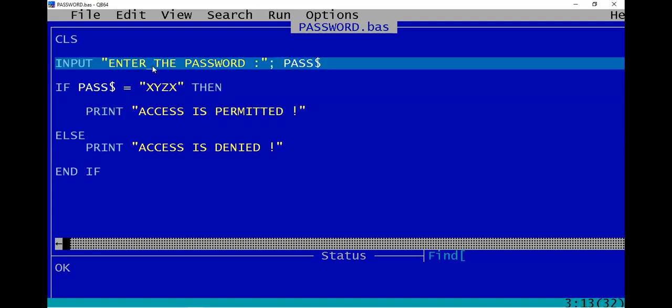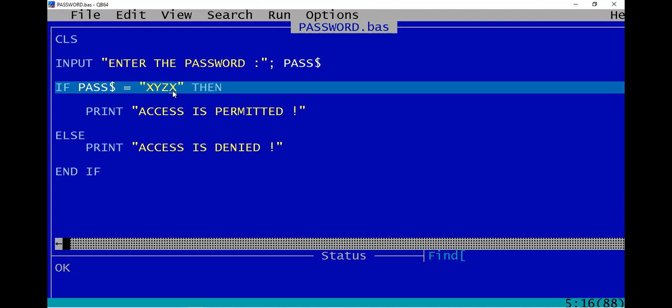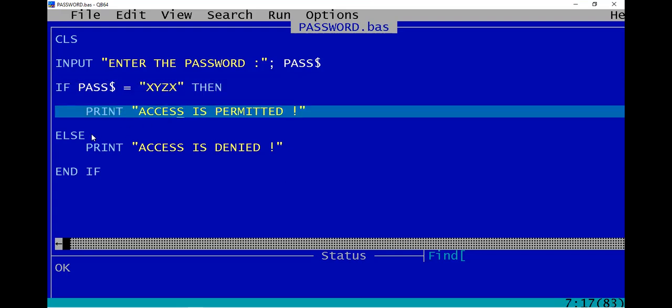So first you have to accept the value of the variable password, whatever value you have entered. Then you have to cross check. The if statement will check whether the password variable matches xyzx. If it is matched, or if this statement is true, then you will get the message access is permitted.